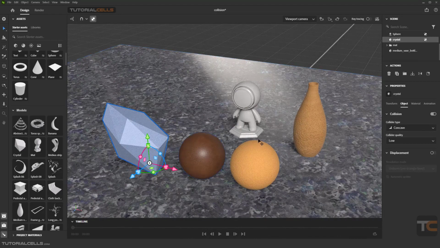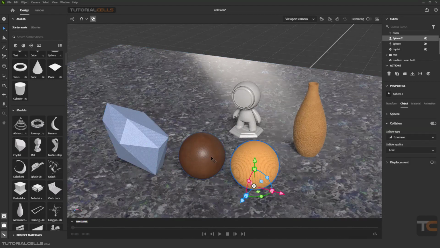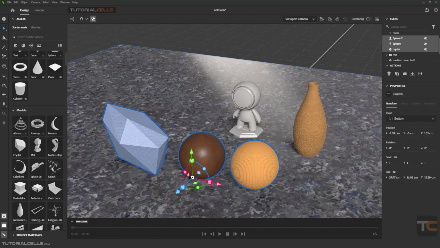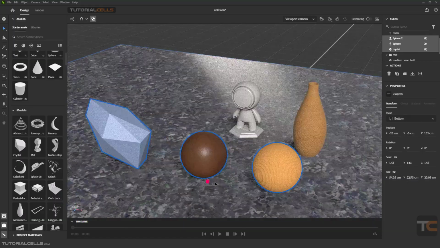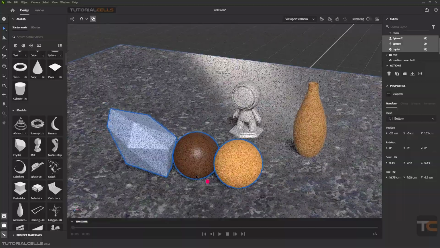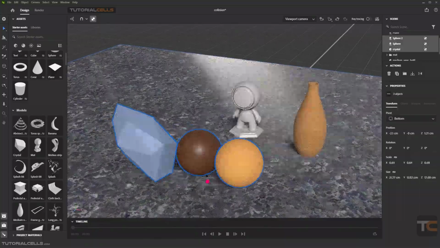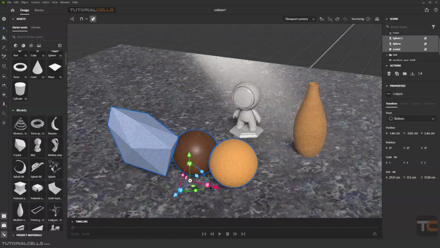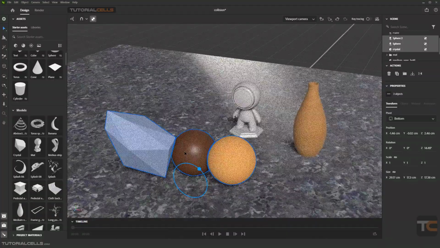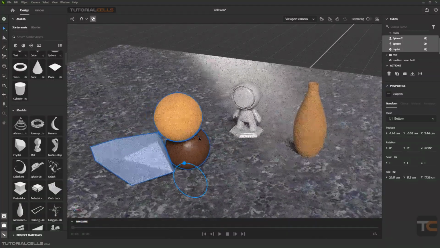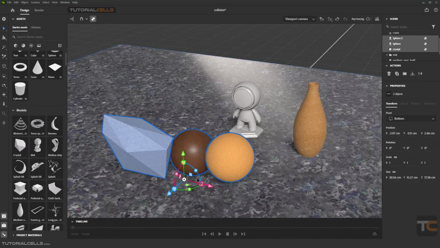Another way of positioning all of them at once is to select them by holding shift. Of course, you can use the move tool together, but you can also use scale. As you can see, you scale them relative to each other, and now you can position them according to each other. So you can use scale, or you can use rotate. Nice. As you can see, you can rotate all of them at once. So the best way for positioning all of the objects together is